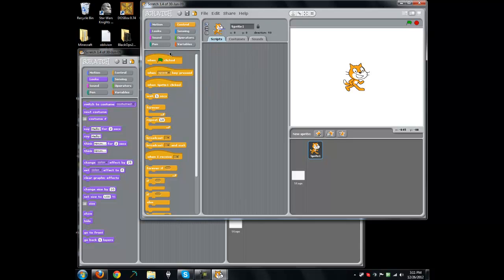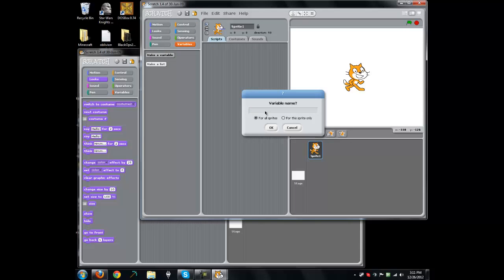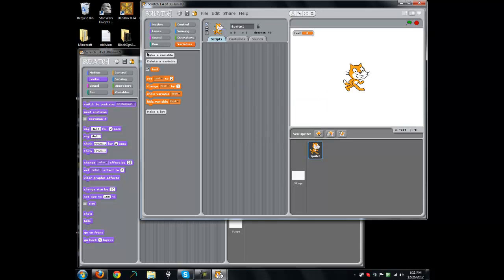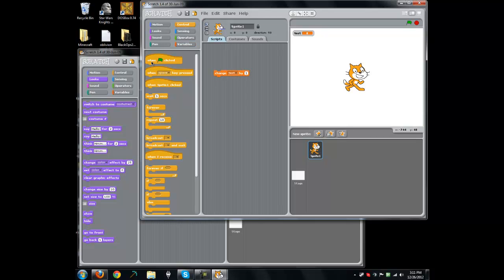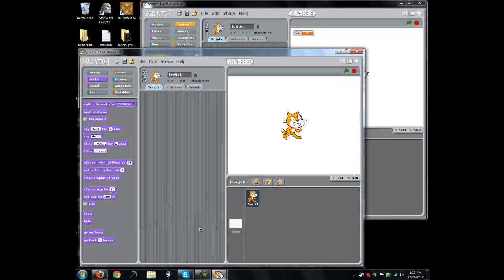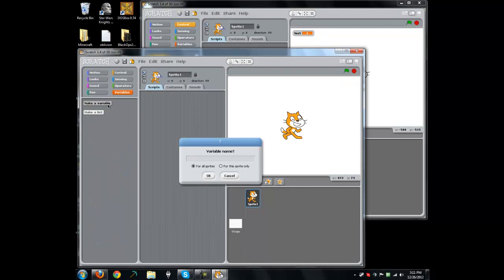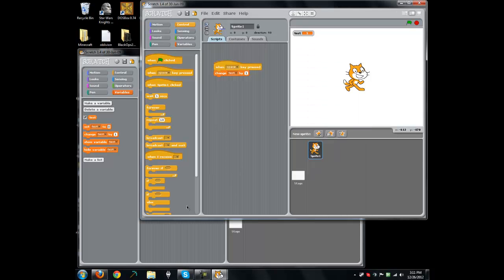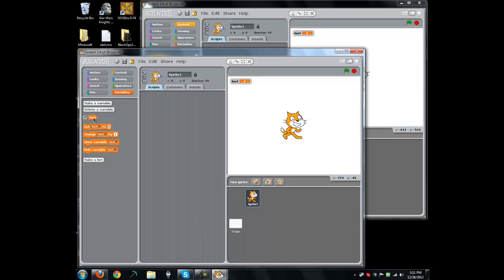And for the way variables work, you have to make a variable and then change test by 1. So if I do this, but then if I go over here and I do test, it's not the same. See, it's not the same. So what you have to do is you